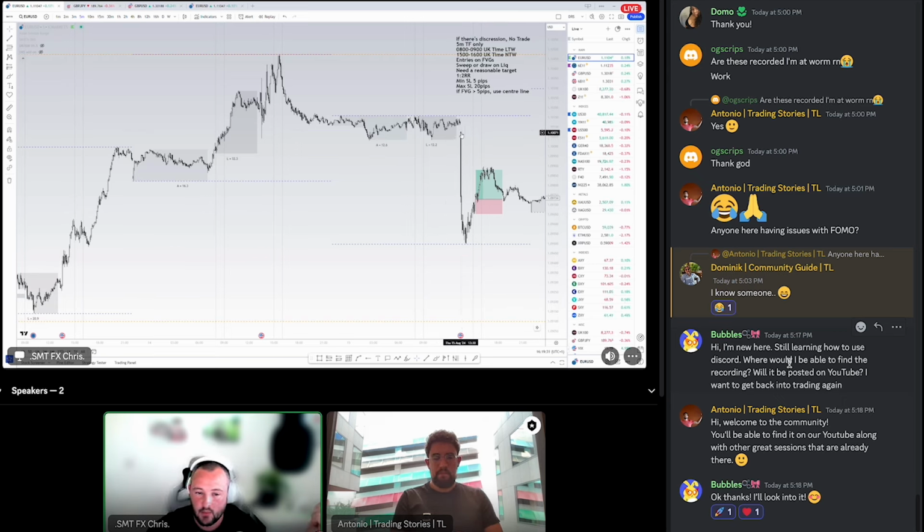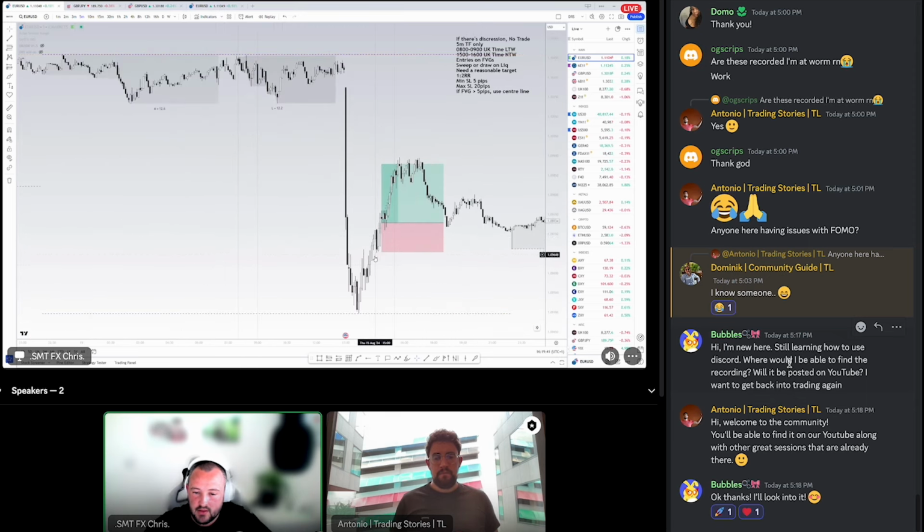We had a nice big drop. We could then see the low formed around here. When this low was formed, I'm coming onto the charts at around this point, looking at the fact that this move has happened, and I'm now going to be able to try and potentially catch the back end of it. I don't want to be in the market when this move happens because it could go either way.